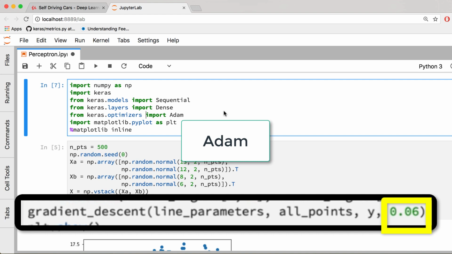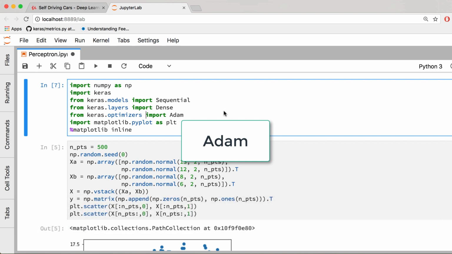Where these variants maintain a single learning rate for all weight updates, such that the learning rate does not change during training, the Adam optimization algorithm computes adaptive learning rates for each parameter, and has been empirically shown to be a very popular algorithm in efficiently achieving good results when dealing with large models and datasets. In practice, Adam is currently recommended as the default algorithm to be used, so we'll go ahead and use